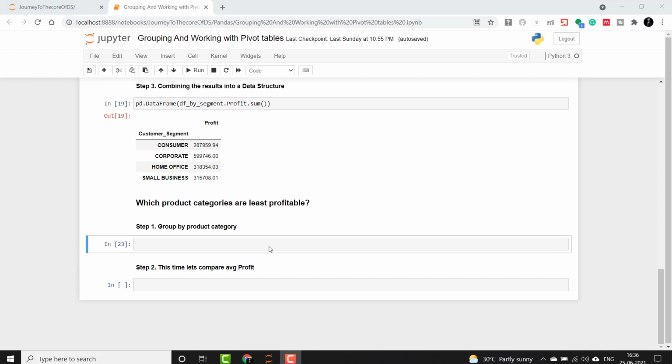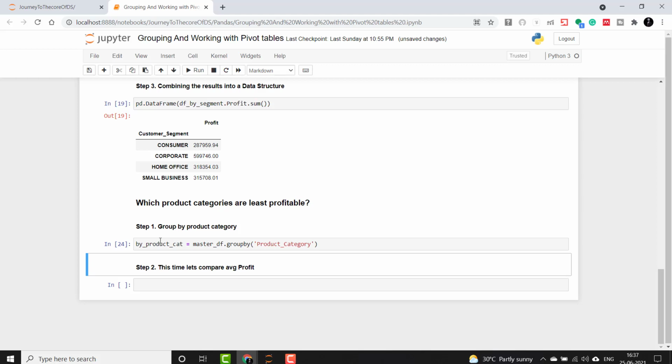Next question is which product categories are least profitable? For this, we have to group by using the product category column. So I will create one more data frame, and I will say master_df.groupby product_category.